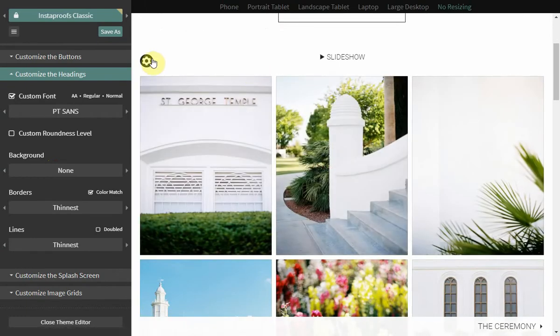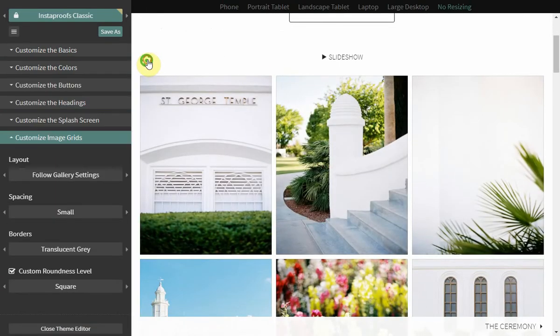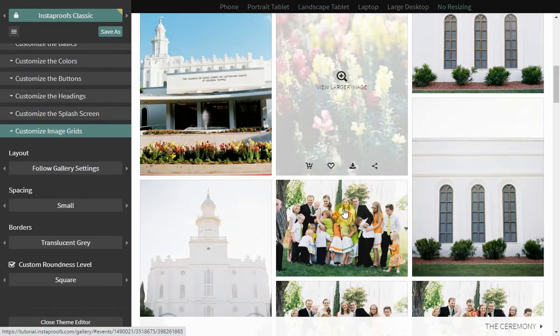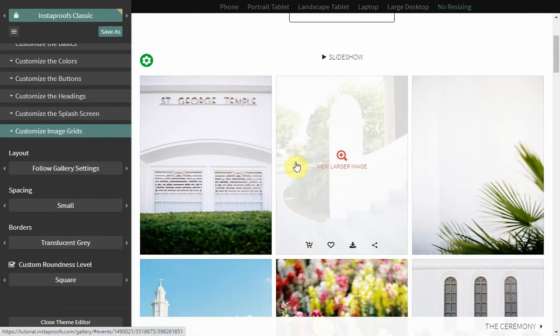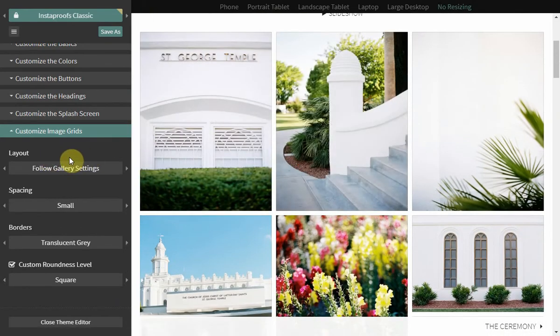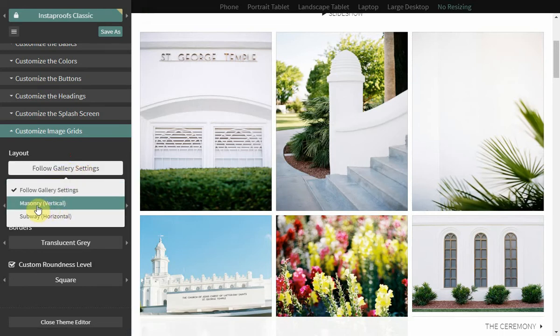And if we scroll down, we can get to the image grids. Now the image grids will give us quite a few options for modifying this section of our page here. And so let's just check out a couple of those options here. First is the layout. Now by default it says follow gallery settings, and the gallery settings are generally this masonry